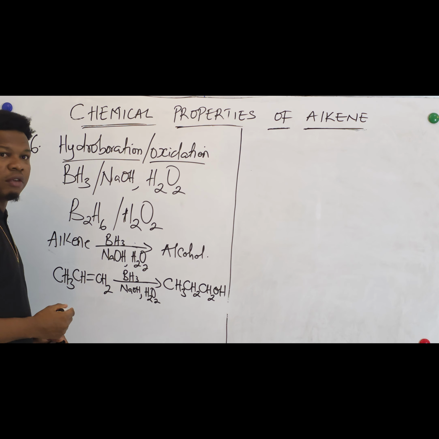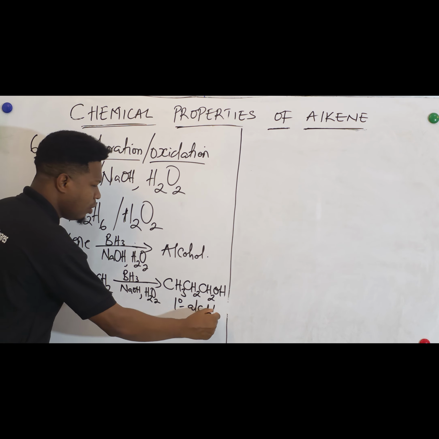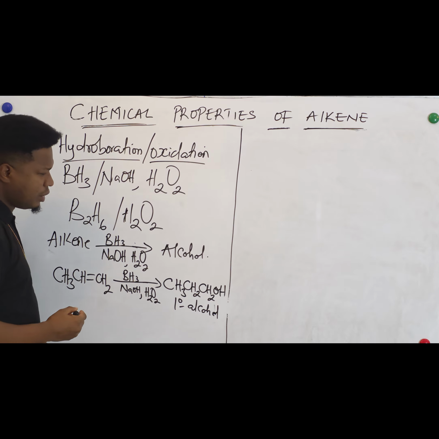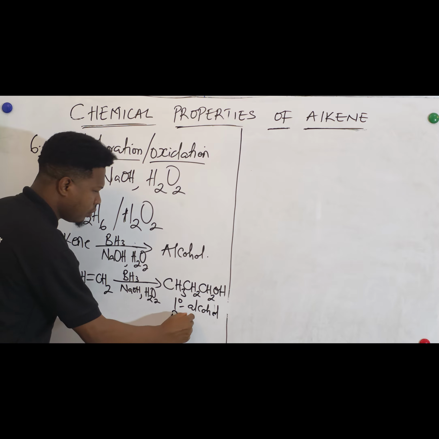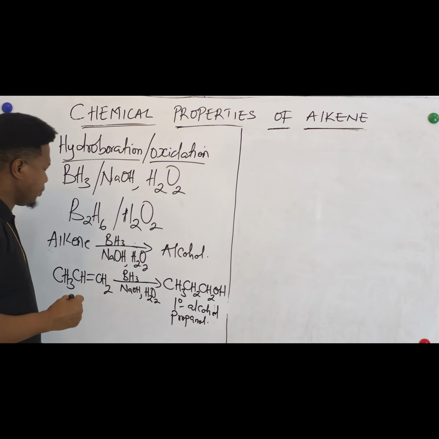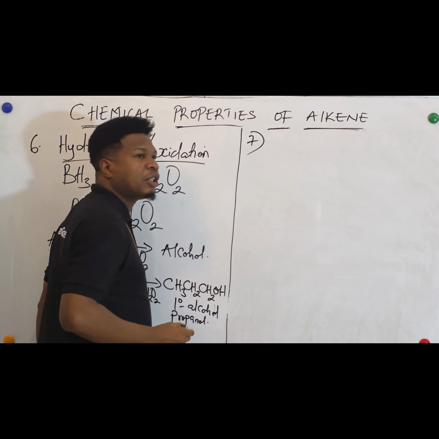So this reaction will give rise to a 1 degree alcohol, okay? 1 degree alcohol can also be called a primary alcohol. And the name of this alcohol is propanol, okay? Propanol. So that's the number 7 reaction. So the next reaction is,